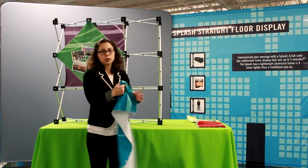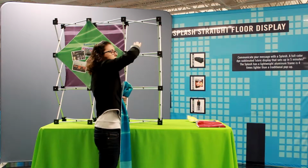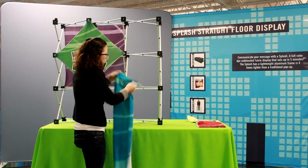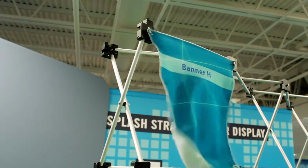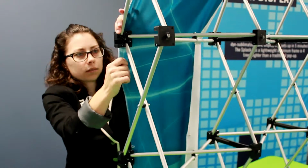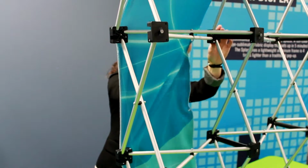Now H is a little more difficult because we're going to use 3 squares and we're going to kind of weave the panel through the 3 squares. So I'm going to start with H on the front. Then I'm going to flip it to the back. What's great about the GeoMetrix is the panels are super easy to install and you can create lots of different